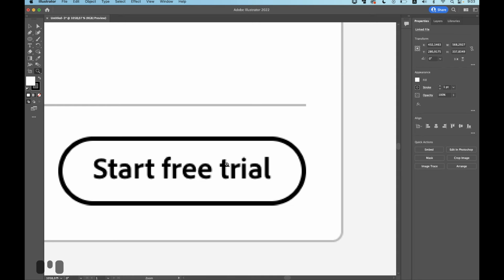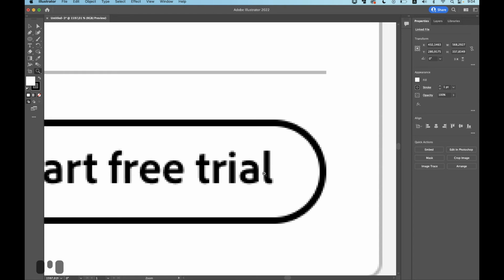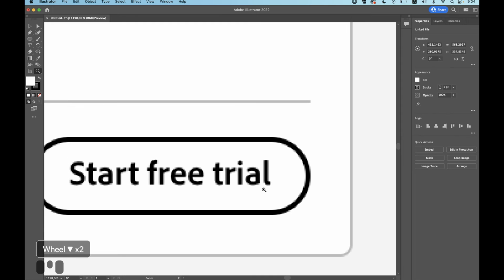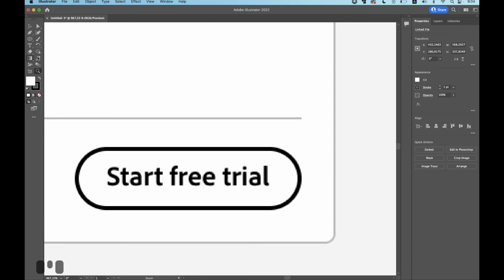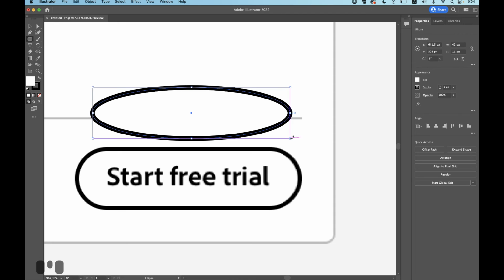And we see that it's pixelated because it's raster graphics, which are made up of pixels. Photos, JPEG files, screenshots are made up of pixels. It means if we make it bigger, we are gonna lose the quality. But what if we are going to create a circle in Illustrator? Let's zoom out and click on Ellipse tool right over here. Or we can press L and just click and drag over here, and this is my ellipse. With Shift we can have the perfect circle.